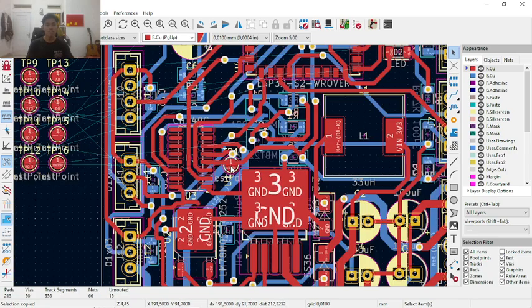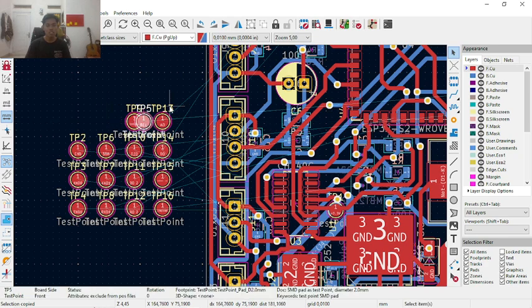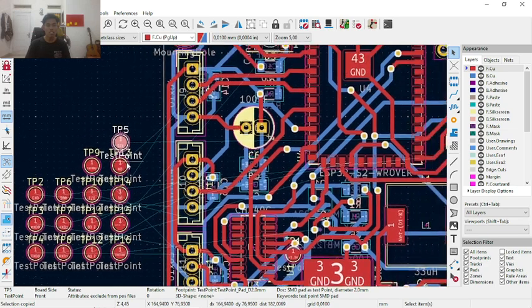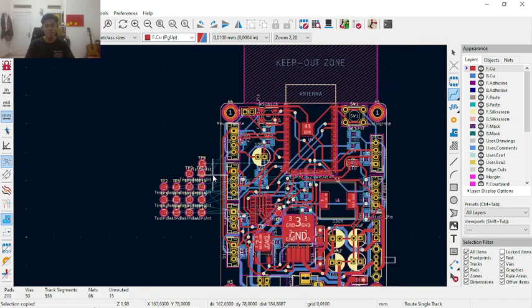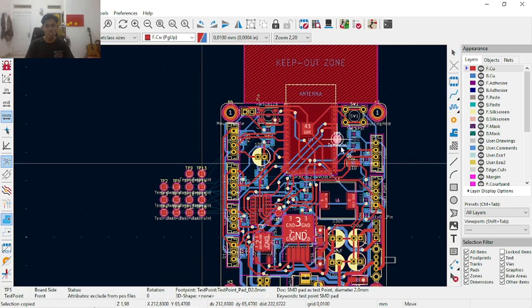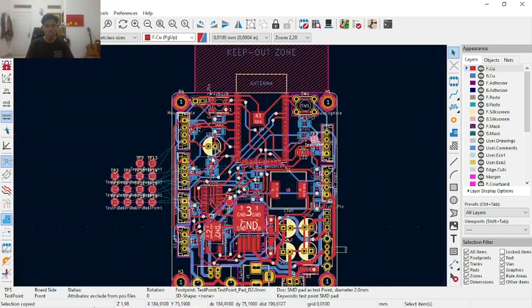Okay, maybe we will put, so we will just put the test point on the track. Okay, put it in.